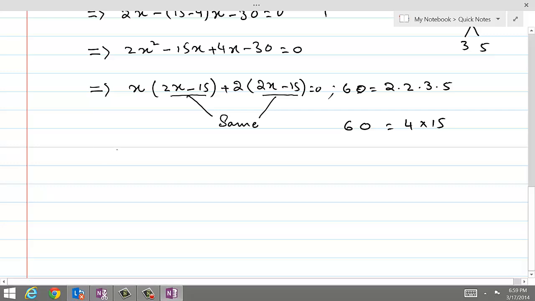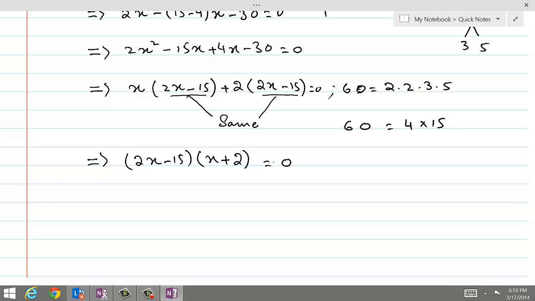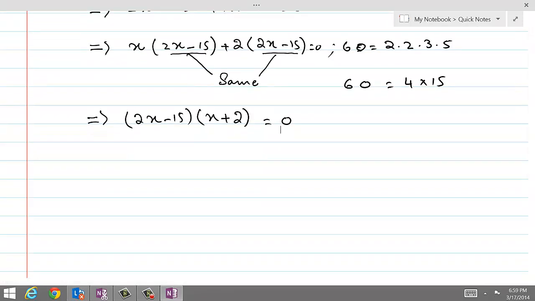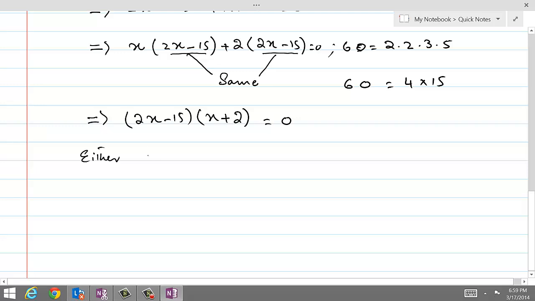And let's take common 2x minus 15, and that will leave inside 2x minus 15 out, and what is left inside is x plus 2. And these are two factors of the given expression on the left side, and because their product is equal to 0, so either the first factor 2x minus 15 is equal to 0, or the second factor x plus 2 is equal to